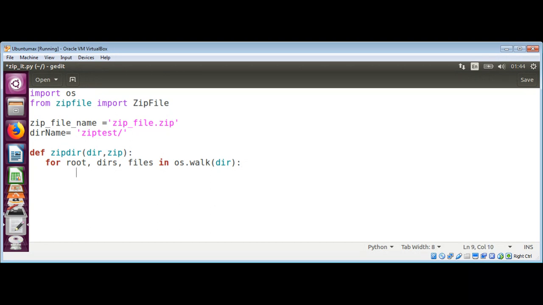and in this for loop we are going to use for file in files we are going to do zip write. We are going to write in it os.path and call join and give the root and also file name, so we get the whole path of file. This one over here. And now in our main function we can call this